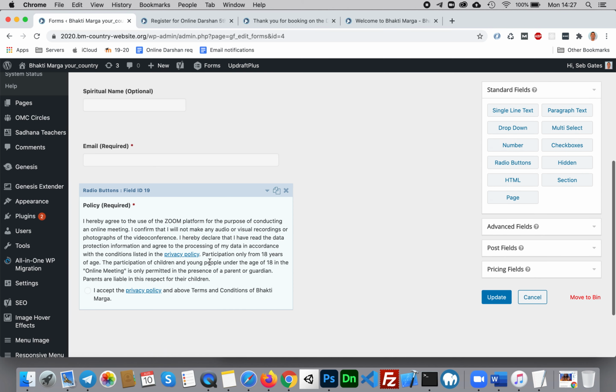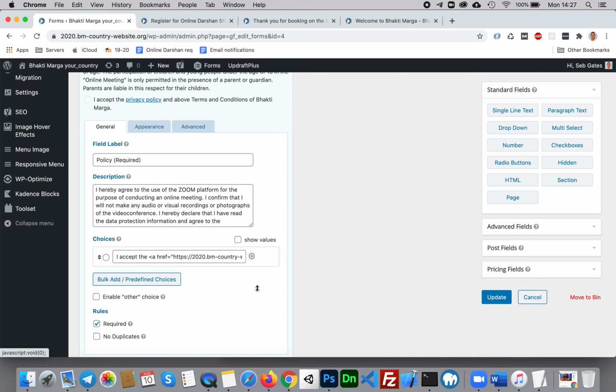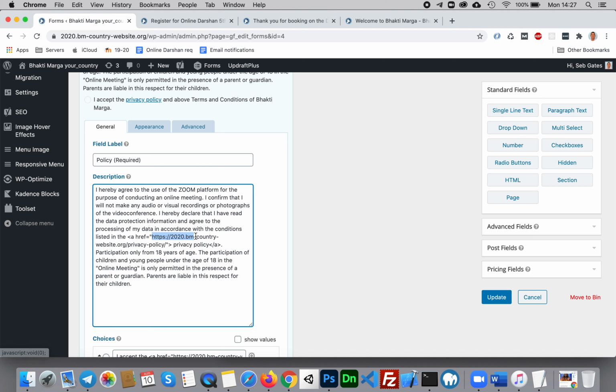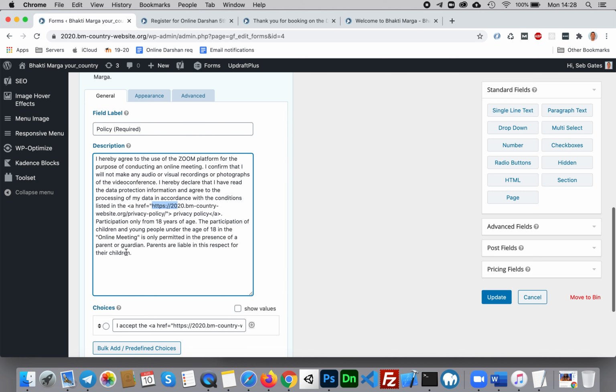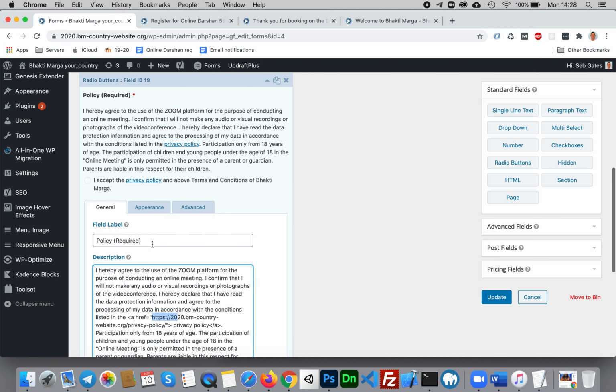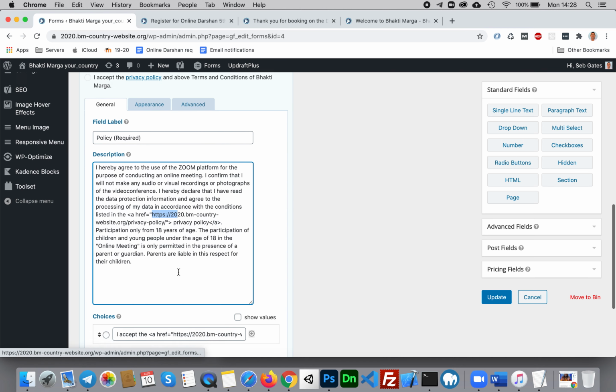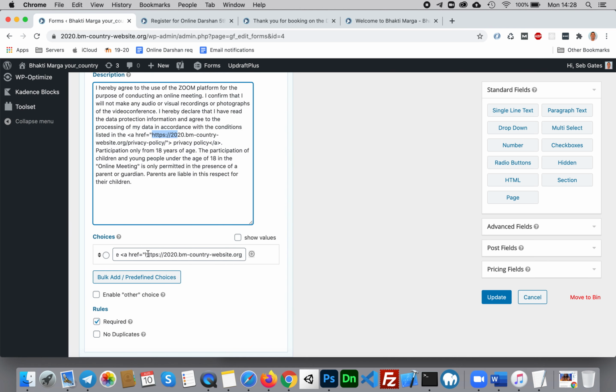And then when you come down to here, you see you've got the privacy policy links. Just have a look at the links. The HTML is here, but you'll see it's pointing to the template, the 2020 template. You need to just find your own privacy policy and paste it into that link. Just check that your privacy policy links, and there's one down here as well, are pointing to the right website,